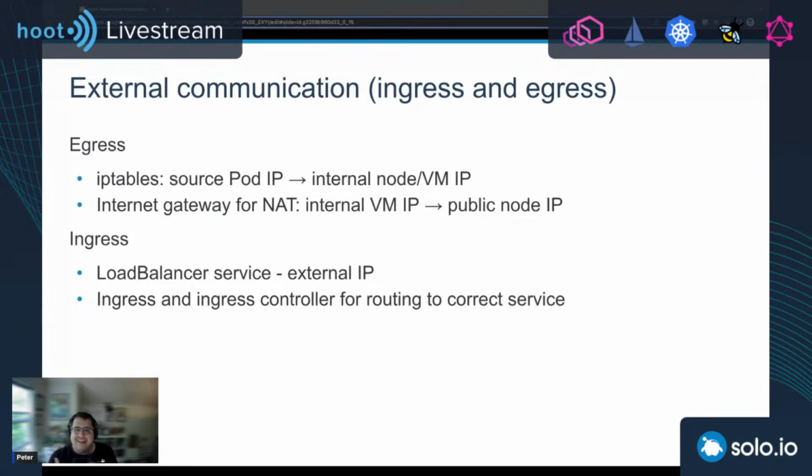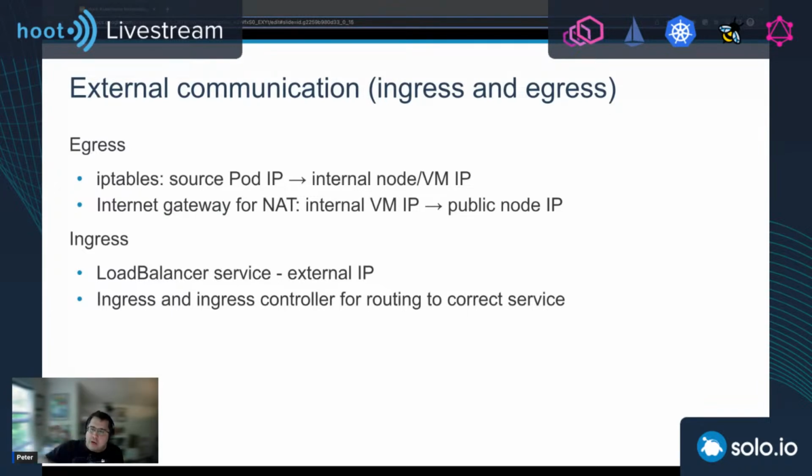What that internet gateway does is it performs the network address translation and changes the internal node IP to the public node IP. This allows the response from the internet, when it's coming back, to be routed back to the node using the public node IP. And then eventually it gets routed back to the original caller.